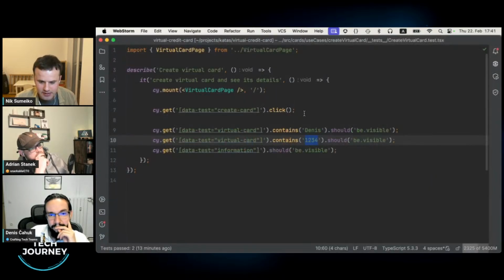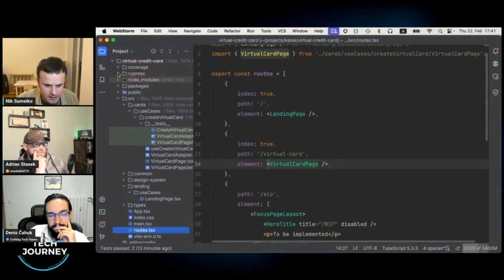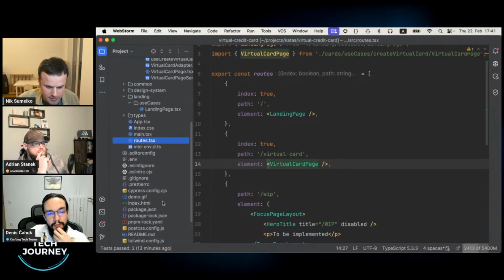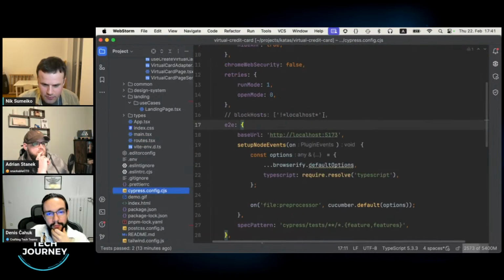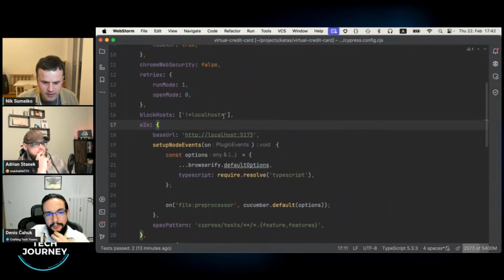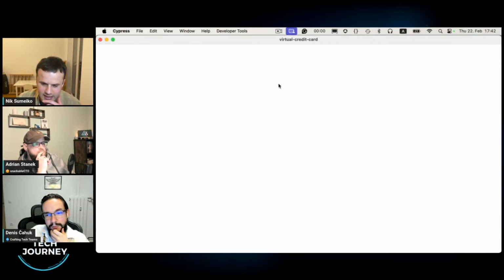Actually, in Cypress, we have a feature. Maybe in the Cypress config. Yeah, we could block any API requests that go outside of our, let's say, localhost. Let's rerun these tests and see what happens now. I blocked anything that is not localhost.